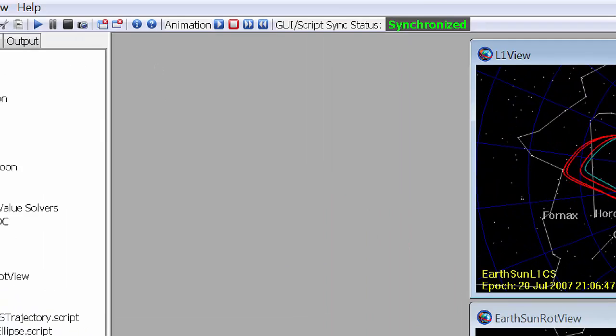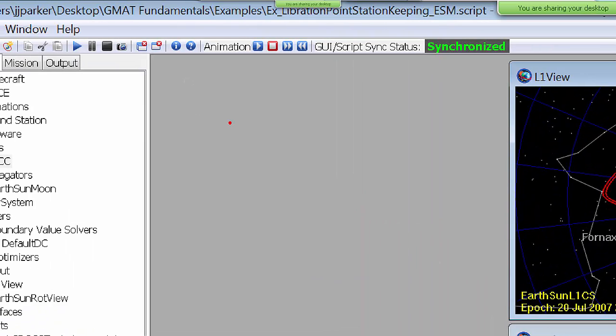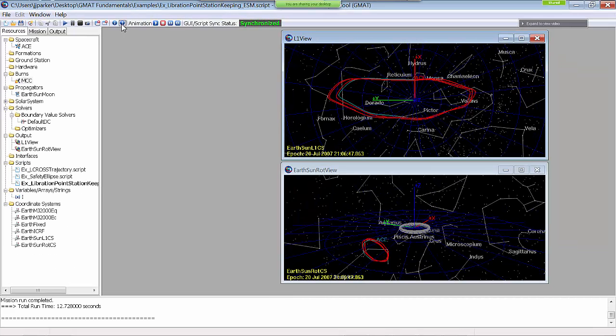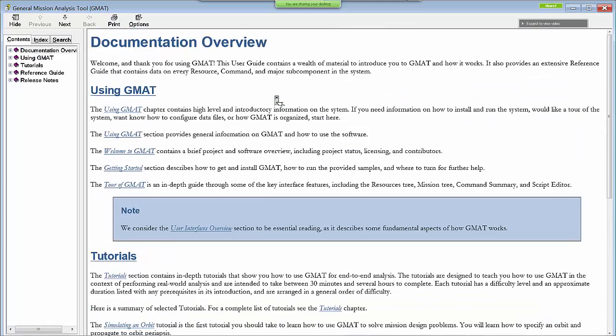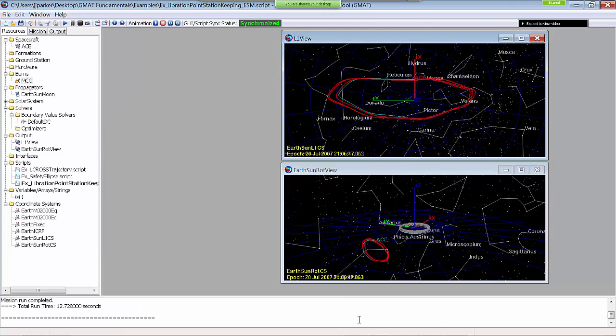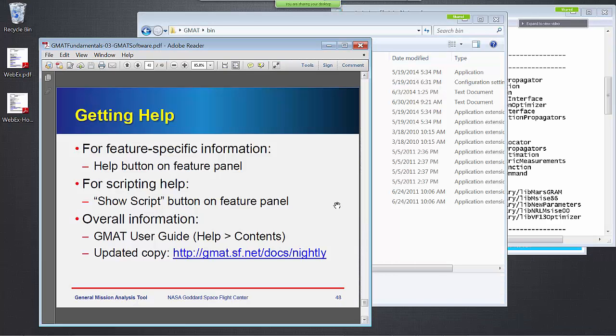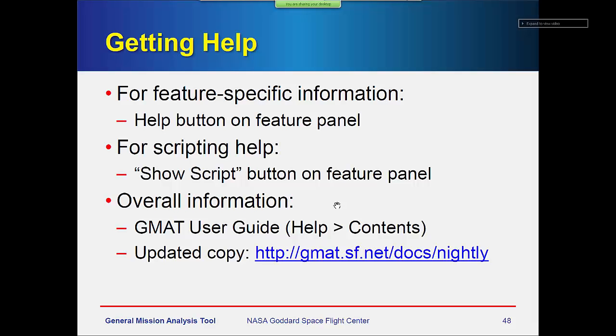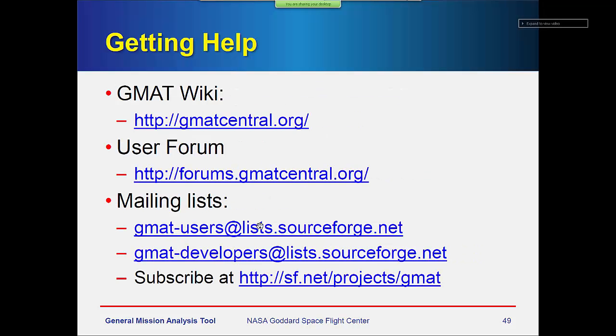You can also click the help button here, and you'll come to our home page, and you can read the entire user guide, get the tutorials, etc. There's a note about our web page here. We build the user guide nightly with all kinds of new updates and fixes and things. We post it online. You can go to that web page and get the latest copy. And another note that